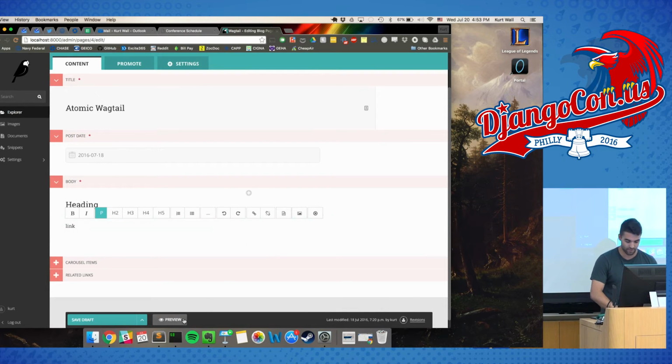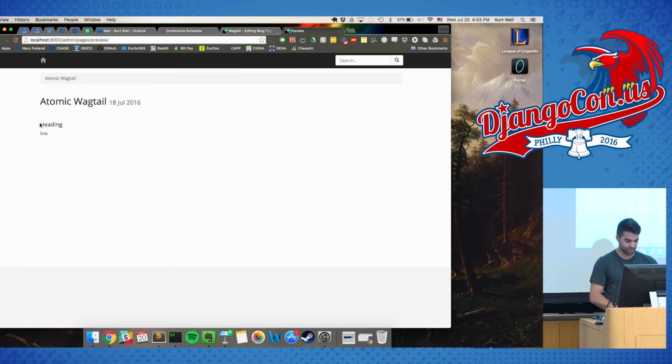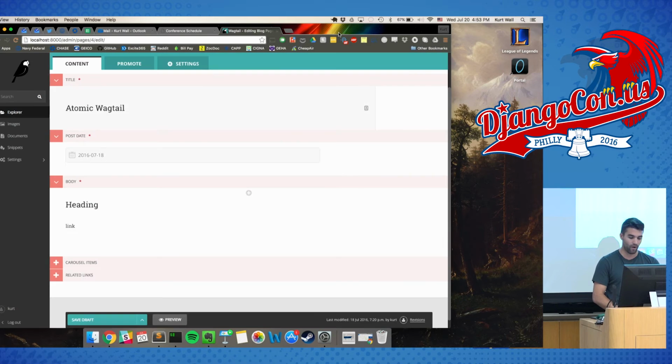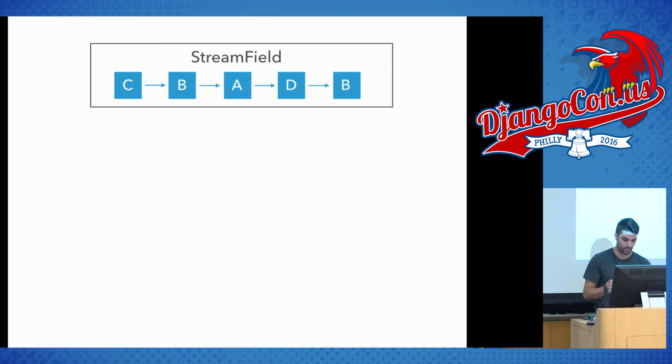And then we can also preview the page, and then this content shows up. And you might be wondering, and I'll explain a little later, why it didn't just show up as just text, right? And it's really because of that template, but I'll explain a little bit more right here, actually.